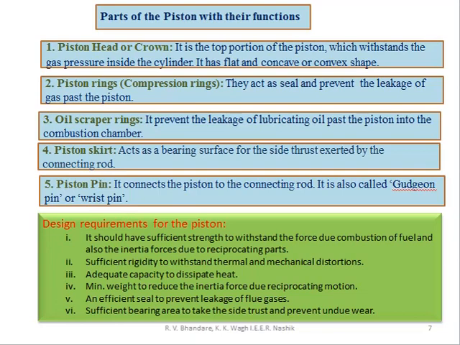In aircraft or automobiles, 3 to 4 compression rings are basically used. Generally in stationary diesel engines, we see 6 to 7 compression rings. The oil scraper ring is only one, used for lubricating purposes. The function of the oil scraper ring is to prevent the leakage of lubricating oil past the piston into